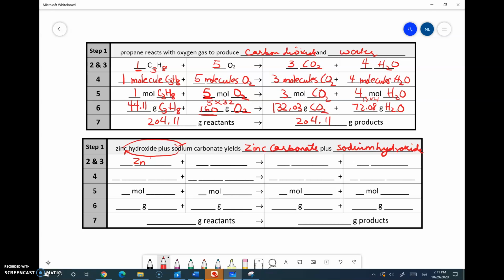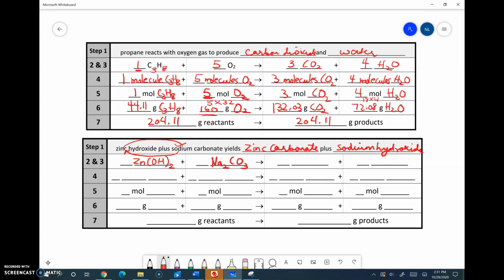Zinc hydroxide is right here. Hydroxide has a charge of -1. Zinc has +2. When you swap them, the OH is going to get parentheses 2. Do not do this, because that formula is wrong. And then we have sodium carbonate. Carbonate has a charge of -2. Sodium has +1. So